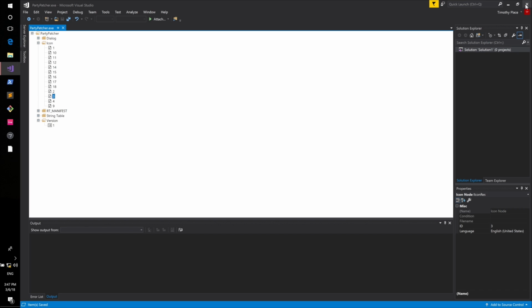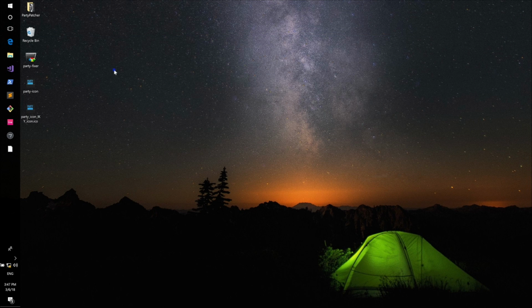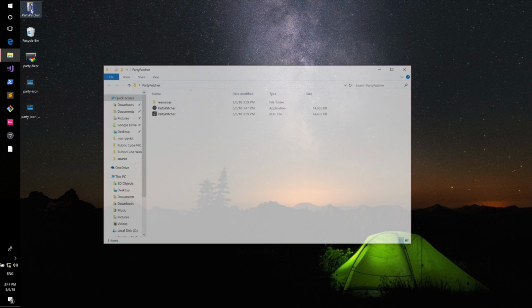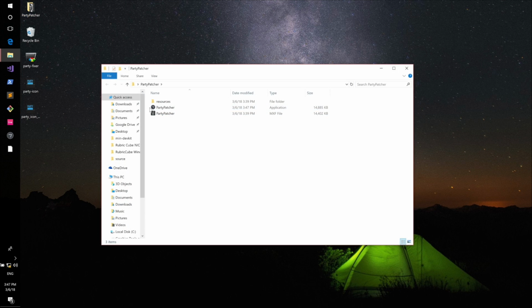partypatcher.exe, and we can quit Visual Studio. Now, when we come into the Party Patcher, what do we see? Well, it's the same problem that we saw with the Mac, which is that this icon isn't updated. If I were to change the name of this slightly, you would see an updated icon, but then the name of the app is wrong. We switch it back and it goes back, but if we reboot Windows, this icon will be updated to be the correct icon. If I start the Party Patcher application,